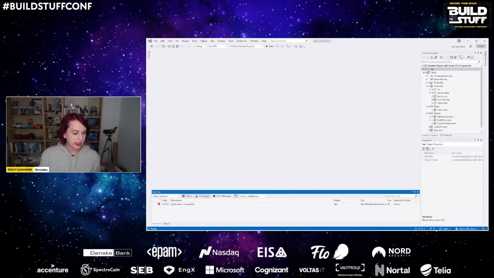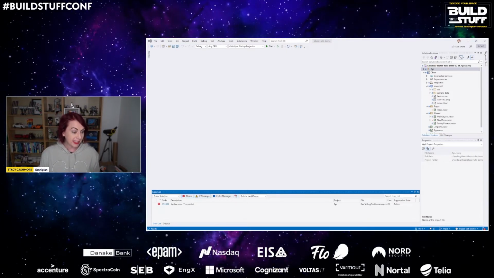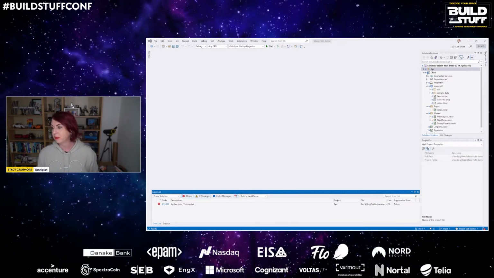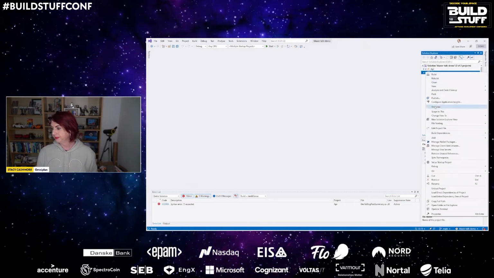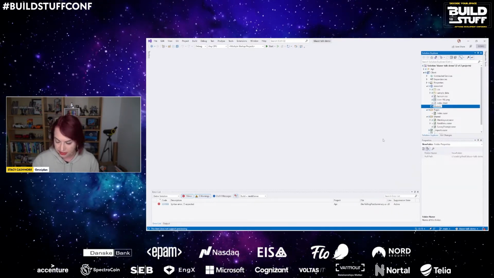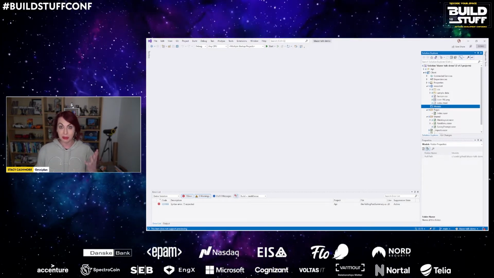So number one is adding this data service. And again, the first thing that we actually need is a model because we're getting data that we need to know how to interpret. Again, in my actual site, I have a shared project for this, so I can share my models between the front and back end, at least the models that I want to share.